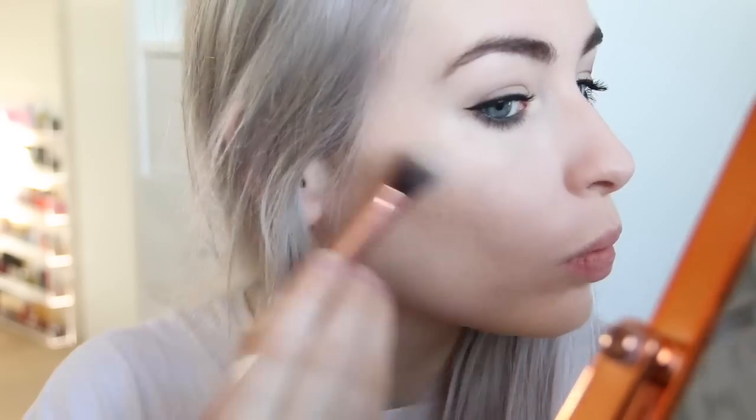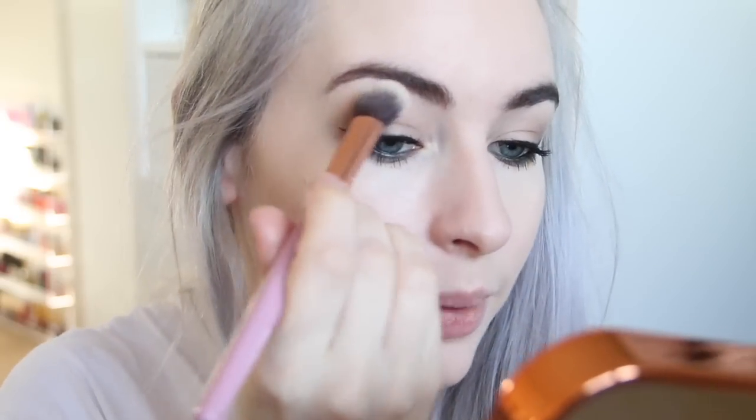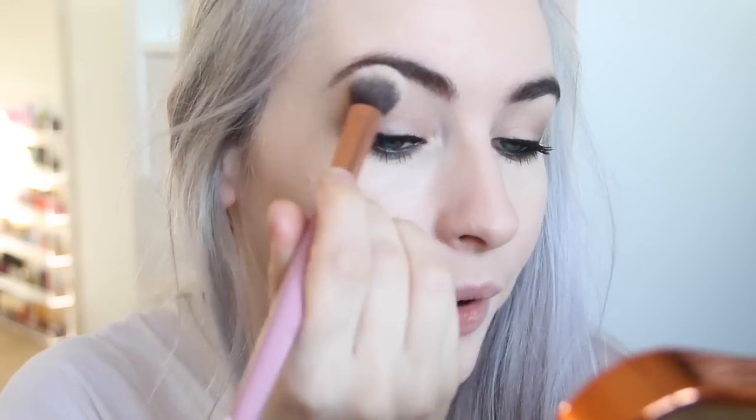A little bit of highlight. I'm using my favourite highlighter ever. It's the Urban Decay powder highlighter in Sin. Oh, it's just so good. It's so beautiful. And I'm just applying that with a Backstage concealer blender. I'm not using it for concealer. Do a little bit on the cheekbones. This highlight is so nice. And then also a tiny bit under my brow bone, just so you get a glimpse of it in the